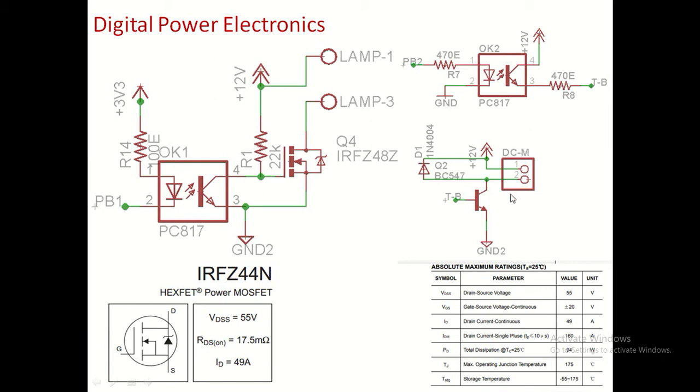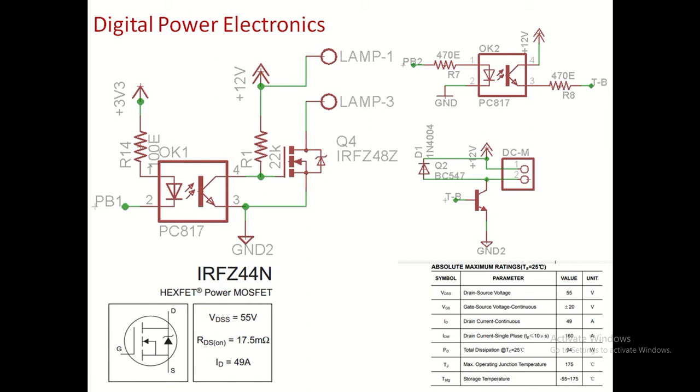Similarly, there is a DC motor, that is, a DC fan, with which I am creating some disturbance in my heat chamber. So I am driving this once again by using this PC817 optocoupler, where PB2 is connected to the light emitting diode, and this phototransistor is driving this transistor, which is a simple BC547 transistor that can withstand up to 1 ampere of current, which will drive this small DC fan. So it's good enough to drive that 12 volts DC exhaust fan.